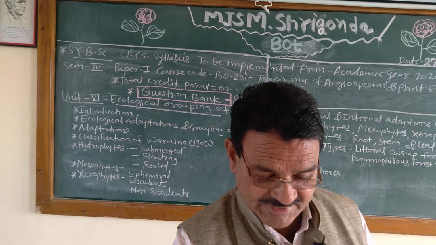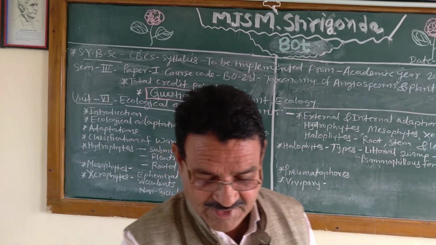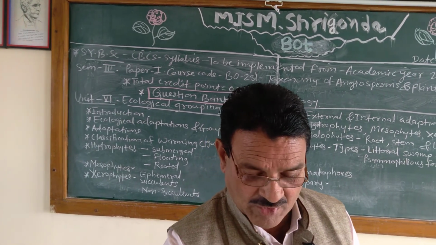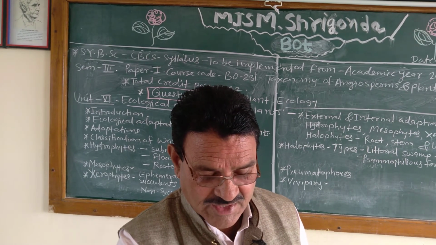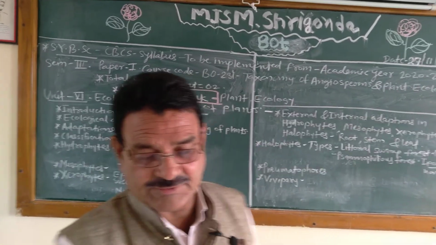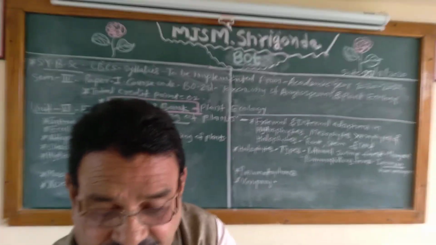Then long answer type questions. Give classification of plants according to the environment. Add a note on adaptive features of hydrophytes. What are hydrophytes? Comment on external and internal adaptations of hydrophytes, give classification of hydrophytes and add a note on significant external and internal features found in this group. Explain adaptive characters